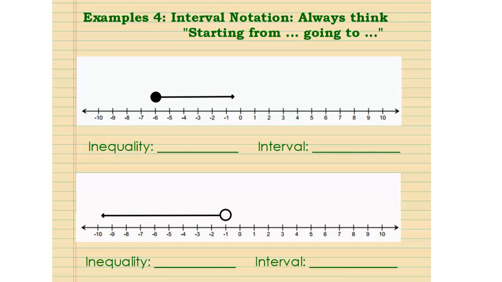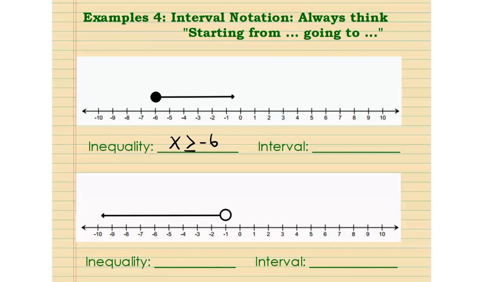Here are a couple more examples. On these, we are going to look at the graph. From the graph, we are going to write the inequality and the interval that goes with it. On the first graph, it looks like our x values are starting from negative 6 and going towards positive, increasing from negative 6 and going higher and higher. So x values look like all the numbers that are more than negative 6. And because negative 6 is included, we are going to have x is greater than or equal to negative 6